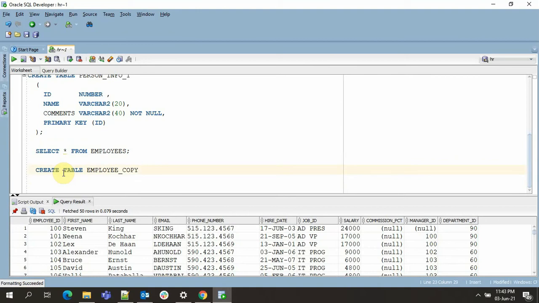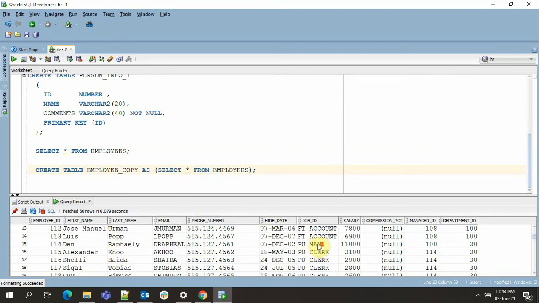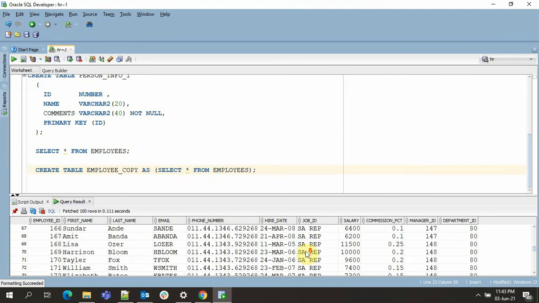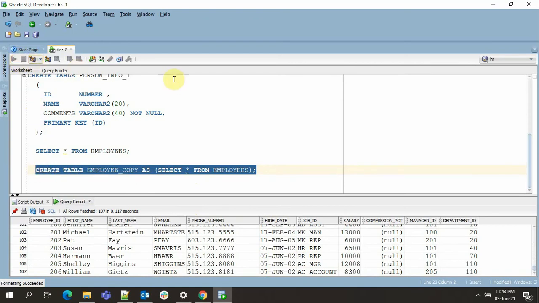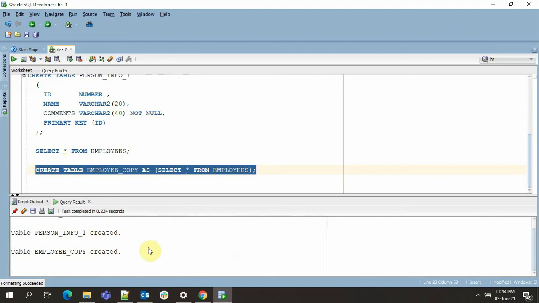For creating a table from another table, we have to use the keyword as and just mention it. So now we'll be creating the table from the table employees, in which the new table will get all the column fields followed by all the records. So see, we have approx 107 records here. We'll just create this table. So employee copy created.